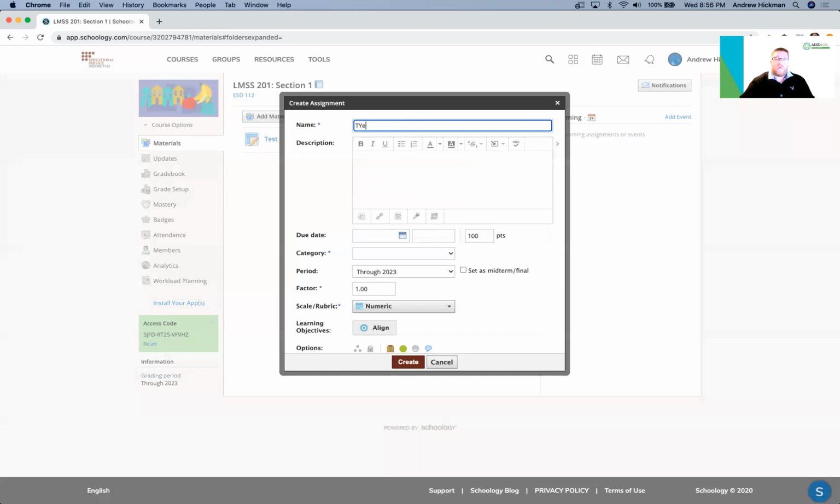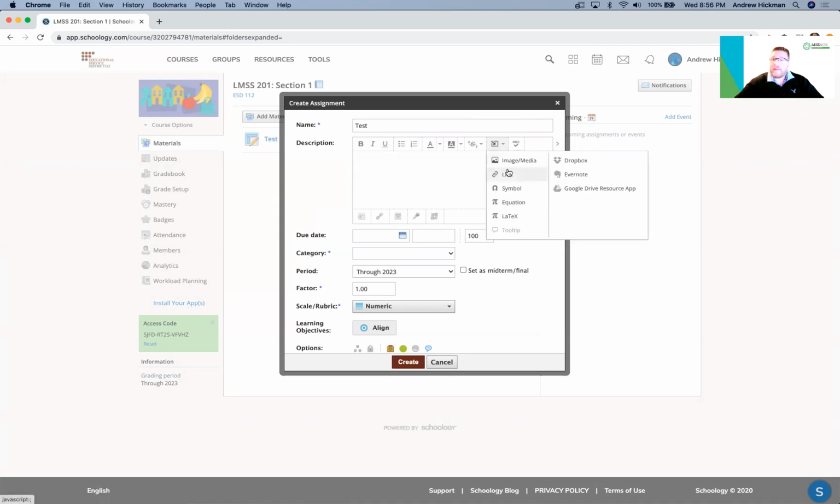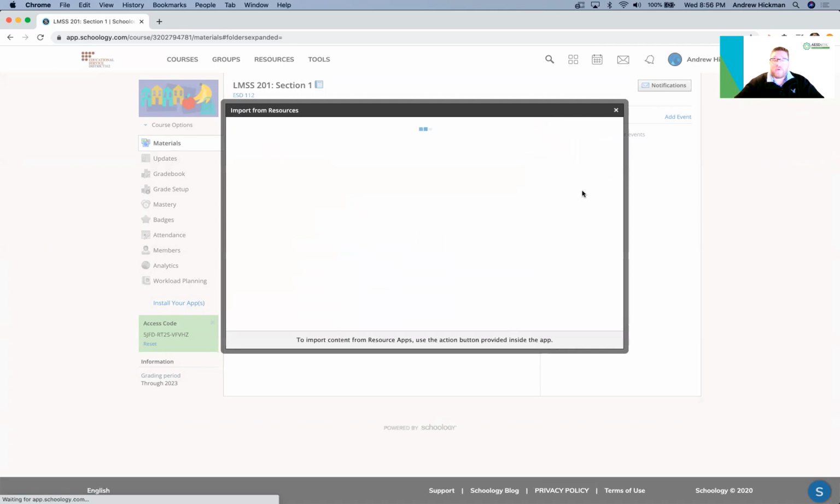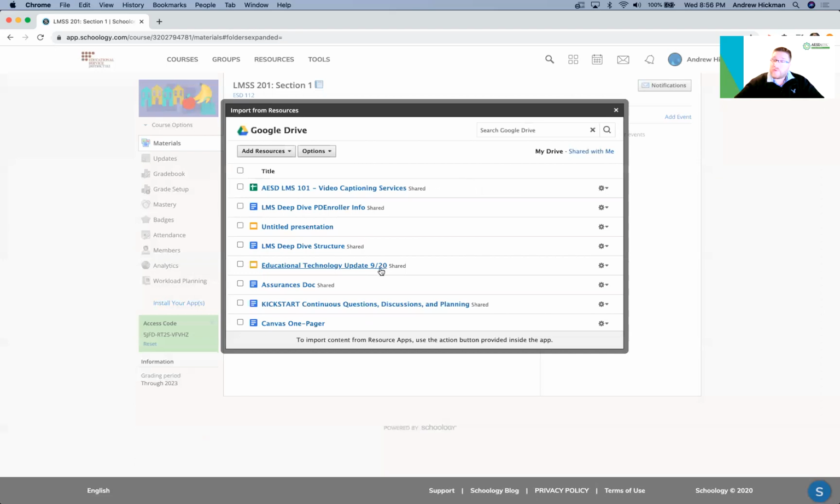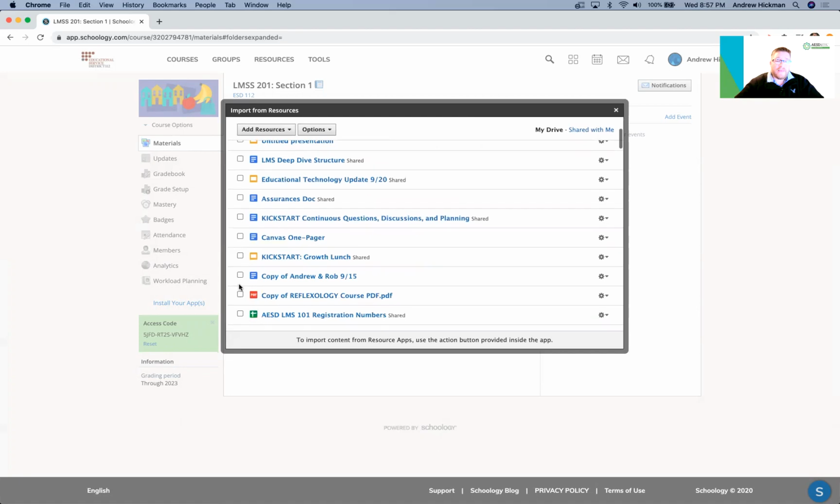First off, when I'm adding this assignment, I can pull from my different areas. So I can import content. Now, when I'm importing content, this is one way you can differentiate. I can make one assignment for individuals or individual groups of students, and I can make a separate assignment for a different group of students or different individuals. So if I was to pull content from my Google resource app, and I wanted one assignment for one group of students based on data and research, I could say, okay, we really need them to look at